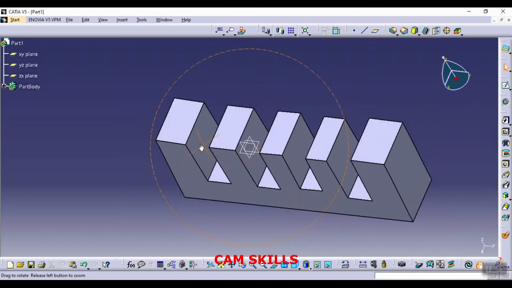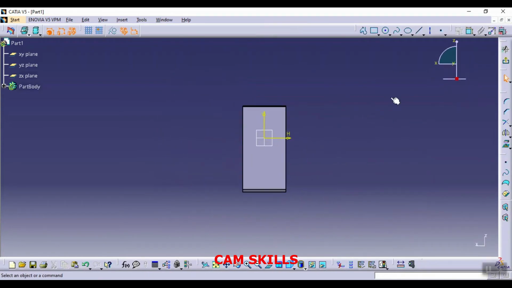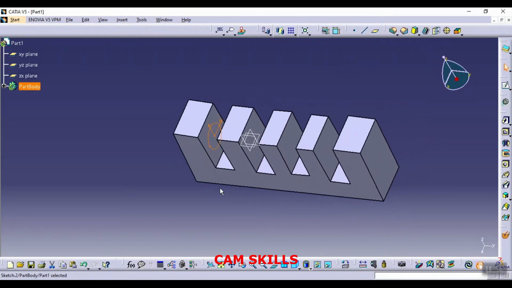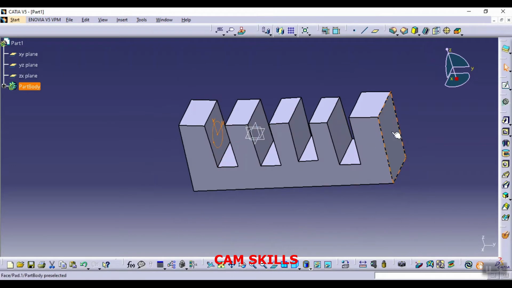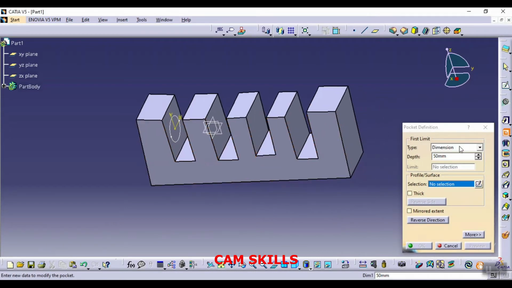So now I'm sketching over here and I'm making a circle over here. Now I want to create a hole on all this part. So let's click this one. This is a pocket. Click on the pocket. So this pocket command is same like the pad command, but instead of adding the material, it